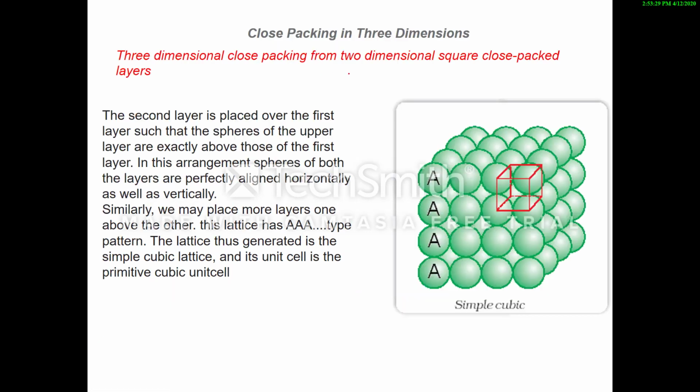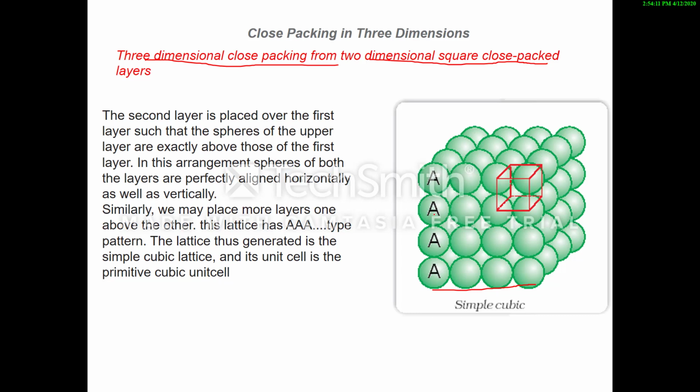Now, closed packing in 3 dimensions. First of all, we'll discuss 3-dimensional closed packing from the 2-dimensional square closed packed structure. If we say this is the first layer, which is closed packed in 2 dimensions as a square closed packing, now if particles of the second layer are placed just above the first one, and particles of the third layer are again just above the particles of the second layer,